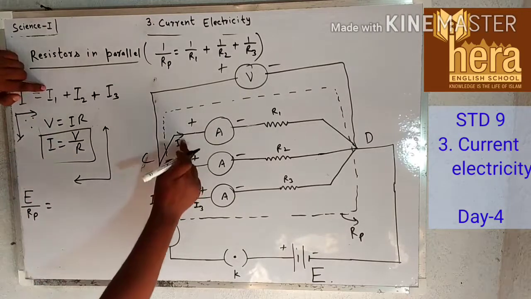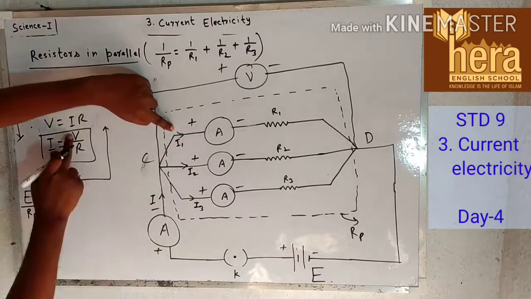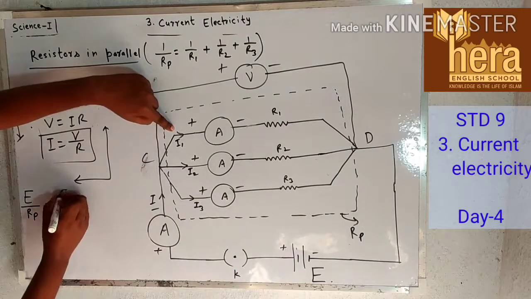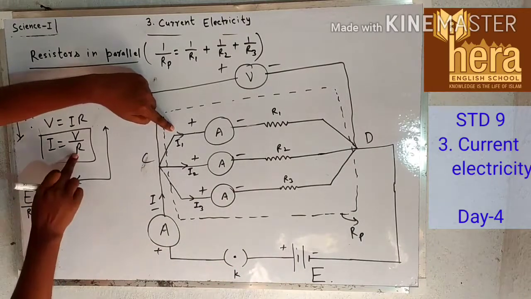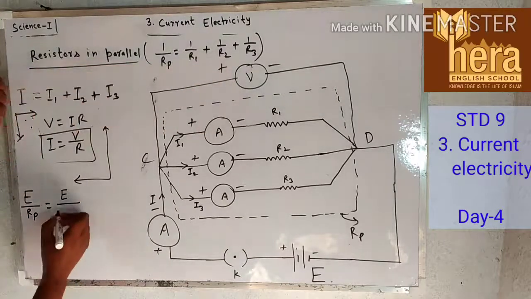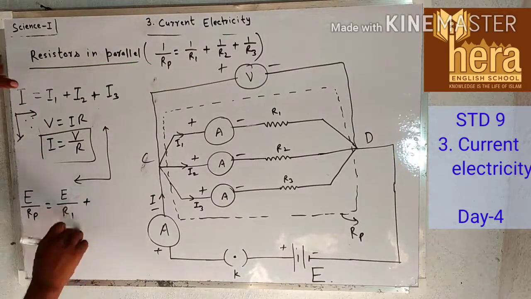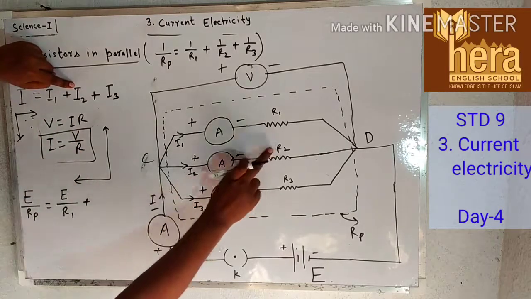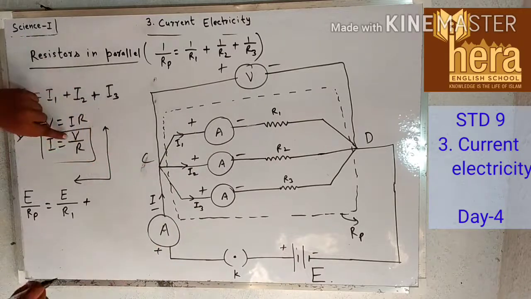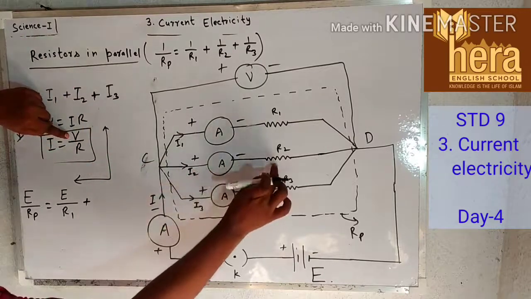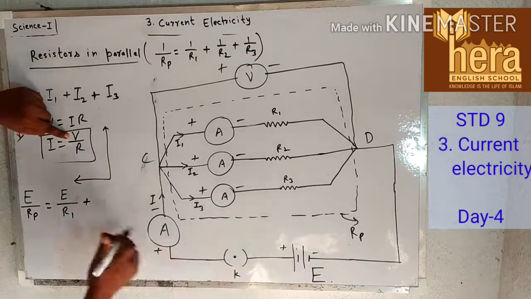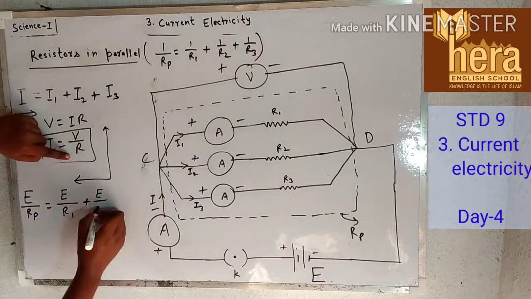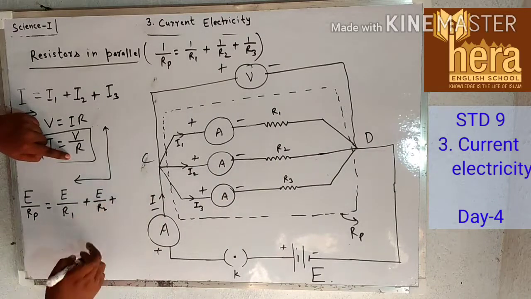This is I1. I1 will be equal to V. Again here V is E, upon R, and R is R1. Plus I2. For I2 there is R2. V again, for this R2, V is E. So E upon R2, plus